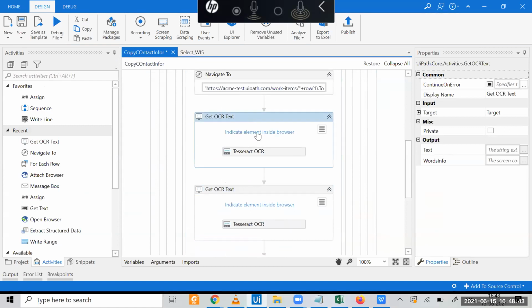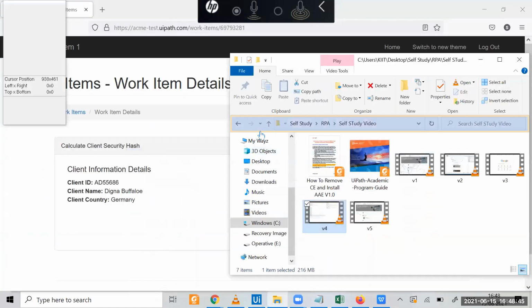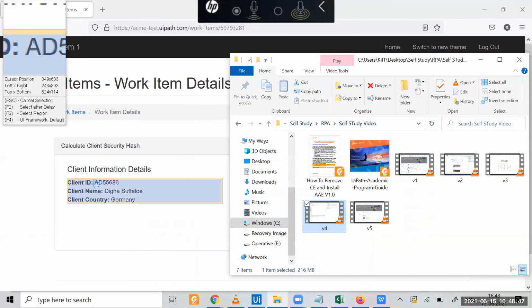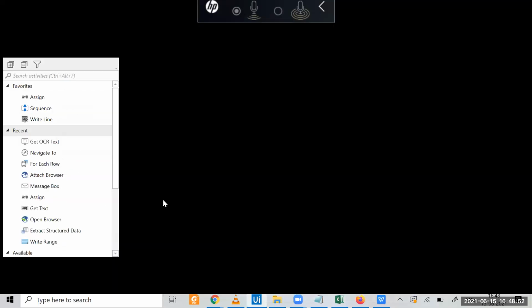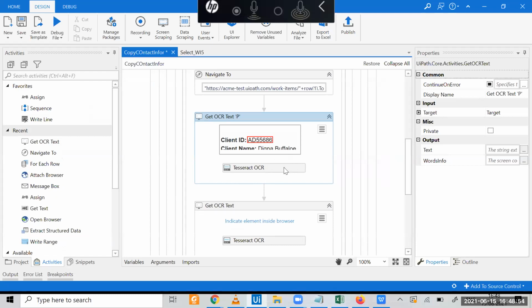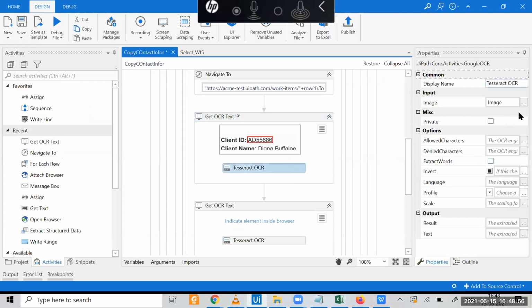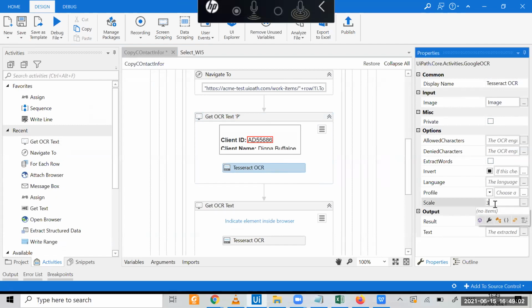First one, which element do we have to indicate? This one. So we have to define Tesseract. Please increase the scale because sometimes these numbers are not very clear. The output we are storing in output. This was customer ID, CID.